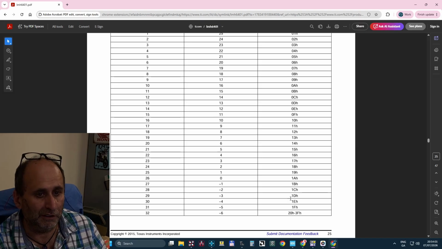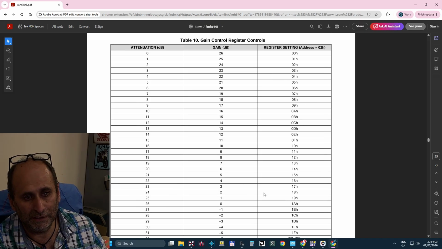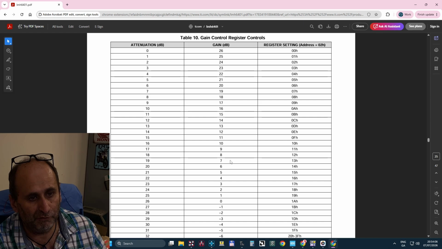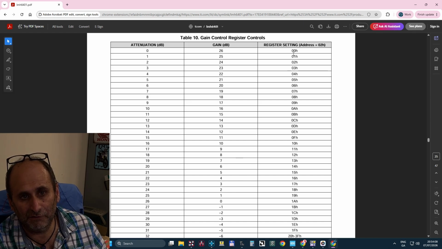It's actually attenuating. So in order to test this amplifier, we need to send the word. Now these are the values in hex that you need to send. This is the actual gain. So what I did,